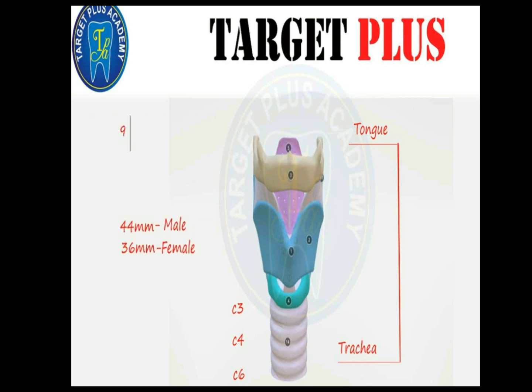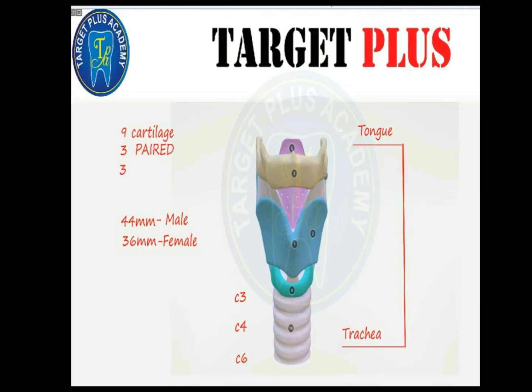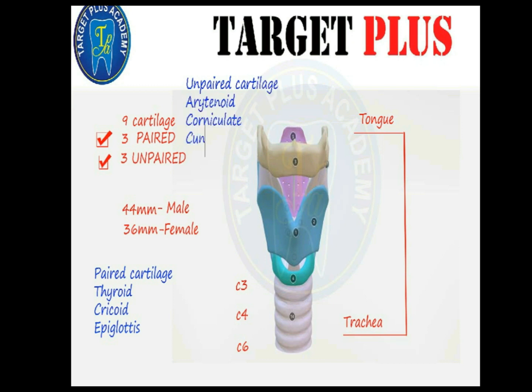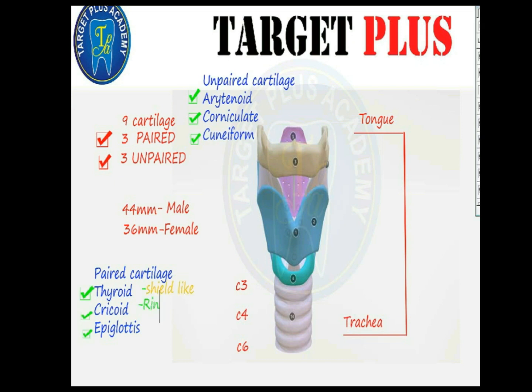Now the larynx is made up of a skeleton framework of cartilages. The cartilages are connected by joints, ligaments, and membranes, and are moved by a number of muscles. So the larynx contains 9 cartilages, out of which 3 are unpaired and 3 are paired. The unpaired cartilages are thyroid cartilage, cricoid cartilage, and epiglottis, whereas paired cartilages are arytenoid, corniculate, and cuneiform. Now remember, thyroid is derived from a Greek word and it means shield like, and cricoid means ring like, whereas epiglottis is a leaf like